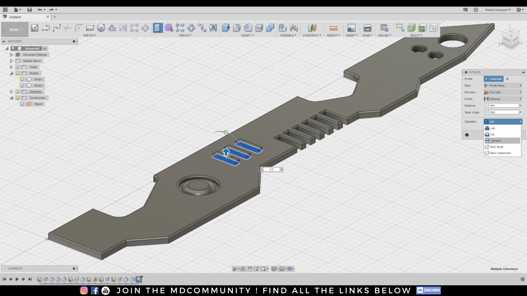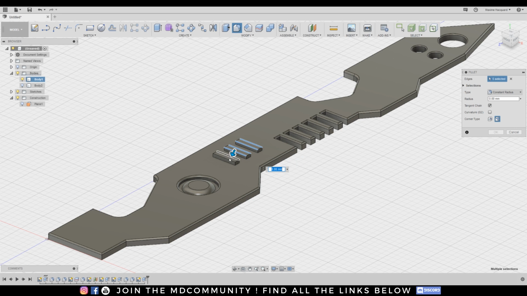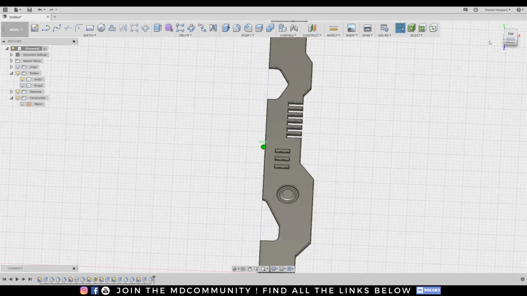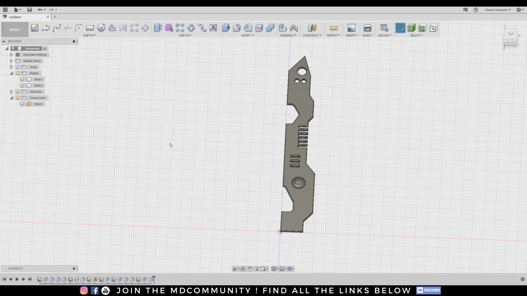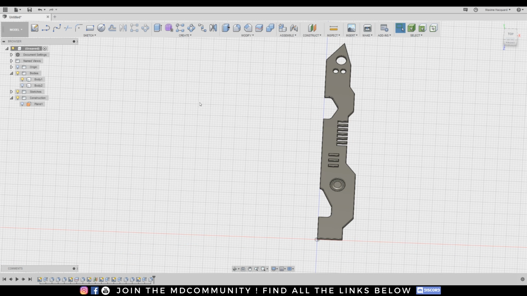So really important, think about this. We will continue, and I will click on join, okay, and add a fillet around this. Really easy. Okay, you can still continue to add details and stuff, but I will duplicate this. I will offset a bit the thing.